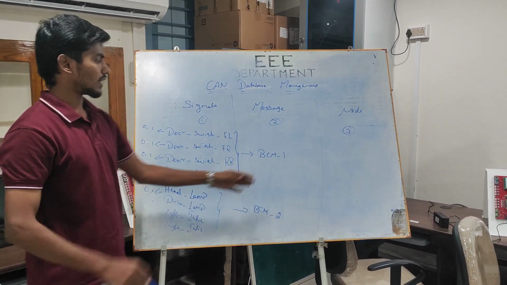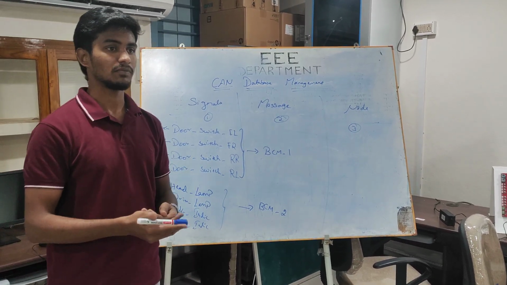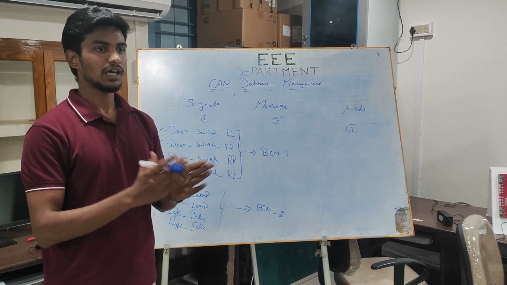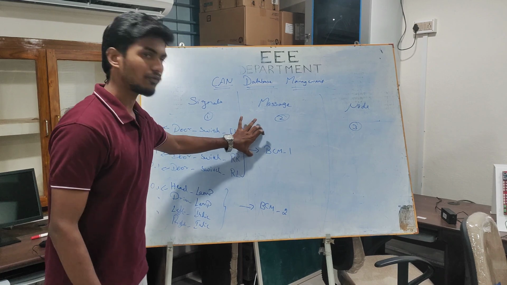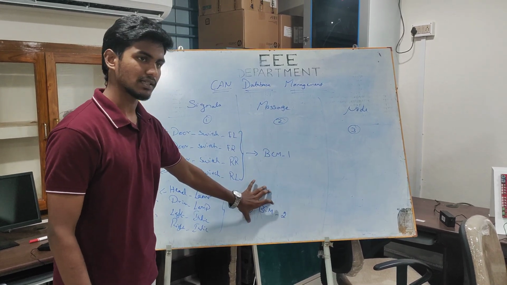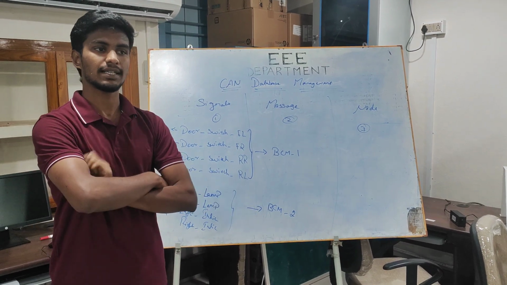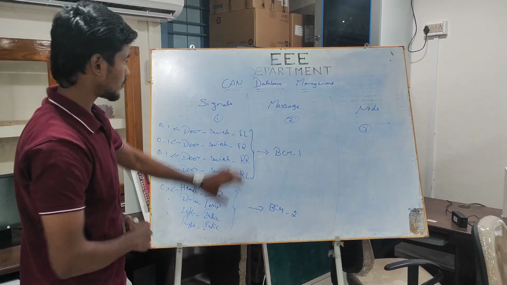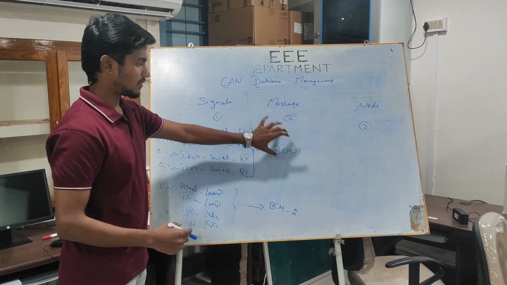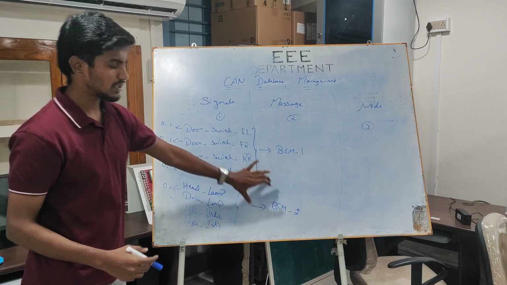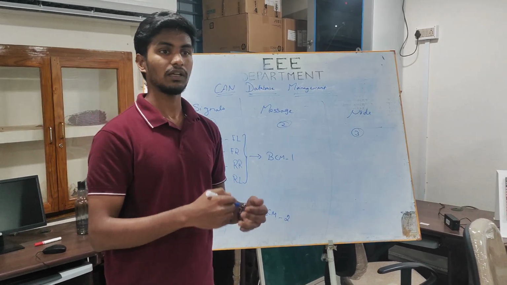That is the reason we are using _1, _2. If we have lots of signals for a single message, we are able to separate the message, and we are able to separate the signals also. So one message consists of door switches, another message consists of the headlamp, trim lamp, and these lighting values. So it is easy to access the signals. Now the BCM has two messages, BCM1 and BCM2. BCM1 has 4 signals, BCM2 has 4 signals. But these messages are sent by which node?